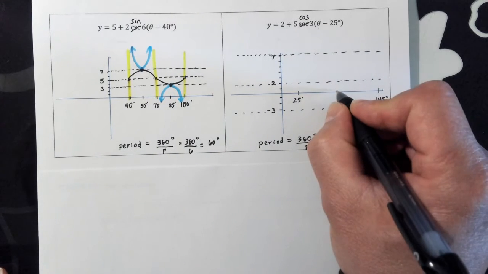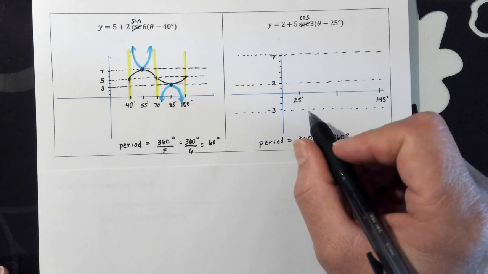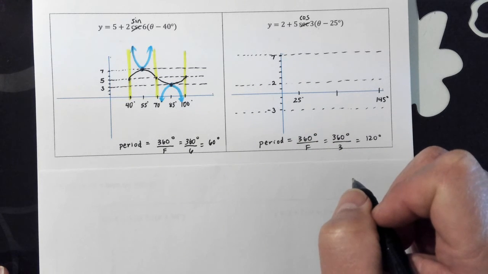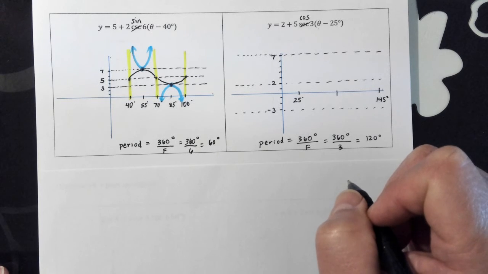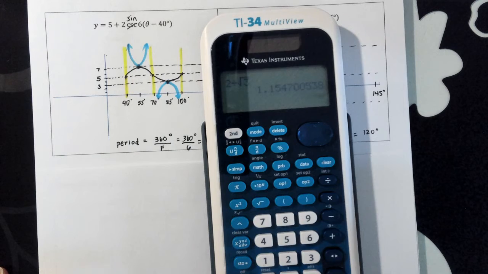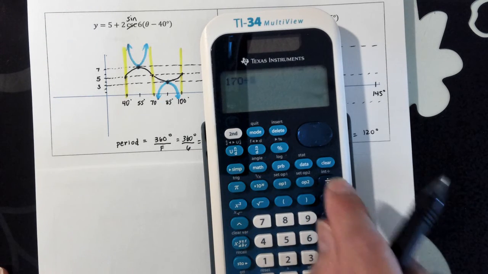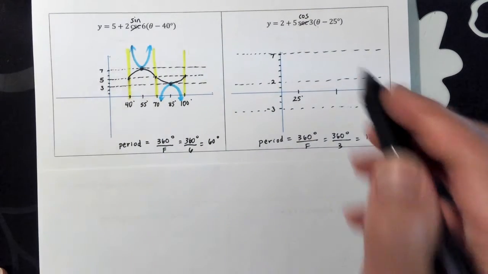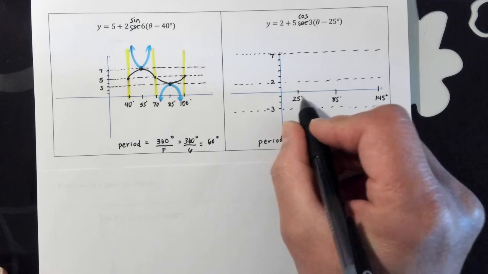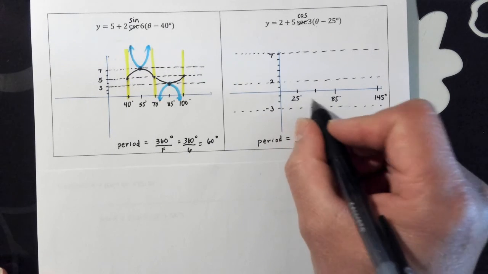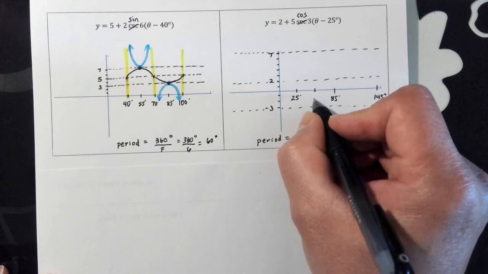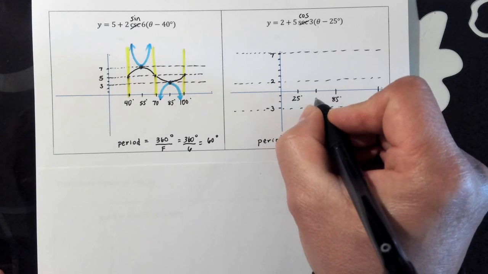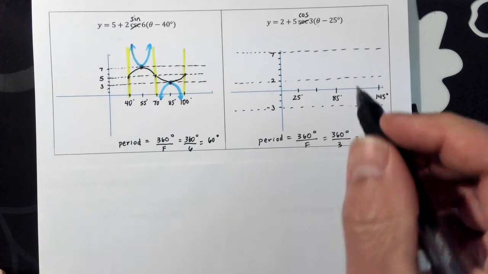And then if you cut that in half, that plus that is 170. Half of 170 is 85. Let me double check. 170 divided by 2. 85. And then cut this in half. 85 plus 25 is 110. Wait a second. Yeah, 110. Cut 110 in half. You get 55. That does not seem right, but